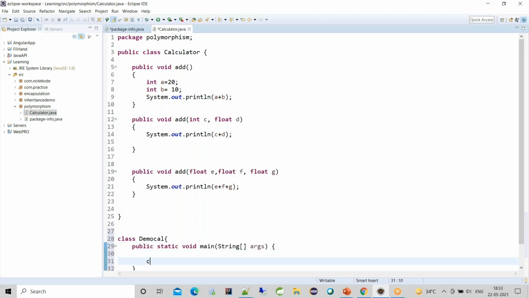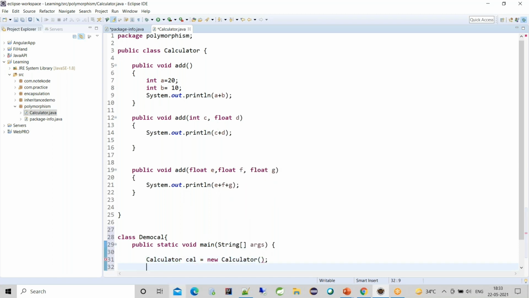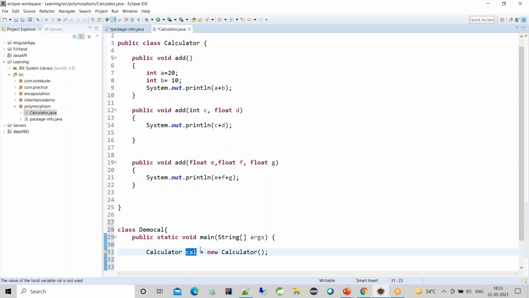I'll create the object of calculator: cal is equal to new calculator. Now cal is the reference variable, and this statement says that new memory has been allocated to the calculator class. So this reference variable refers to the object of calculator.